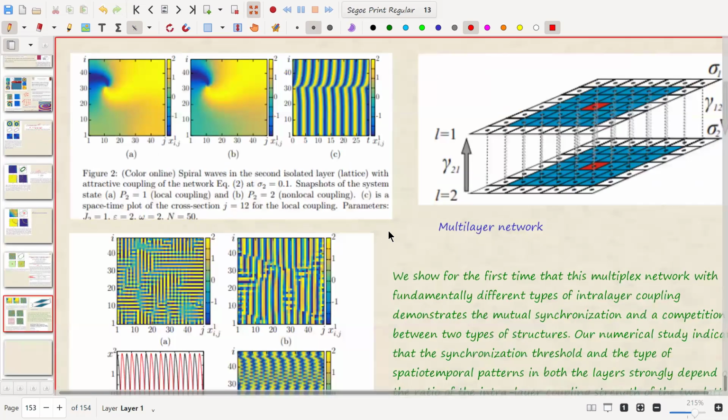Moreover, you can understand not only lattices, but also multiplex, or multi-layer networks. There can be layer over layer. Like now graphene is so popular, isn't it? Graphene is made of carbon, and it has its own multi-layer structures. So you have to understand these. This is layer one, this is layer two. How do these dynamics happen? How does one layer compete with another layer? Here I have taken one example. Layer 1 exhibits these spiral patterns. Here you have spirals, but in layer 2, suppose you have these